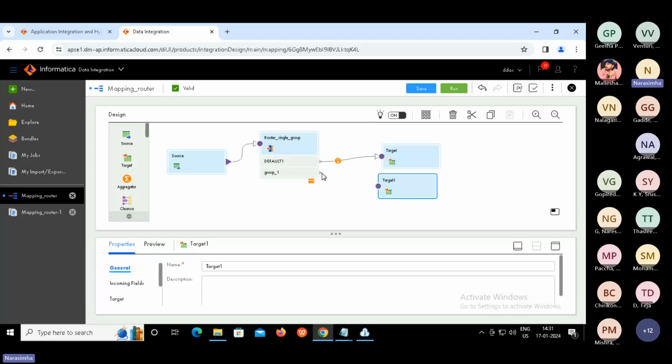Then map. Can you see the custom group? Just connect from custom group to target.